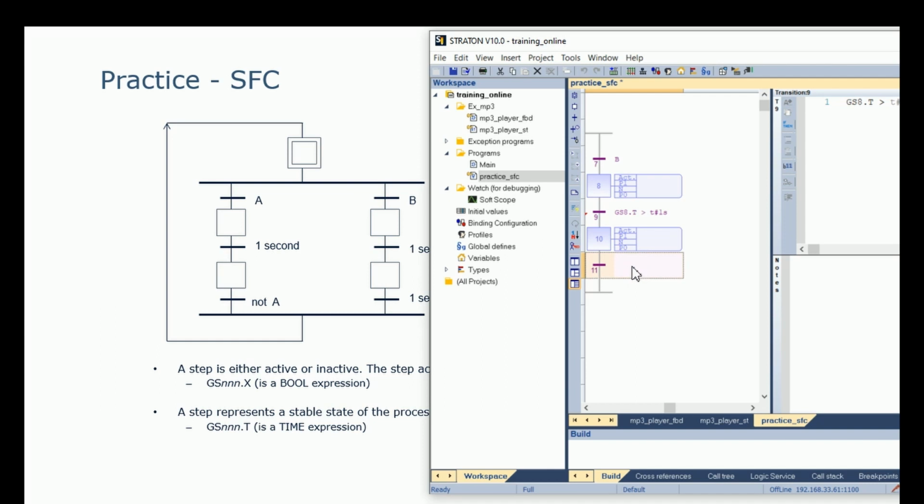And here I also have to enter a condition, a time of 1 second, so GS10.t greater than T#1s, 1 second. Okay.